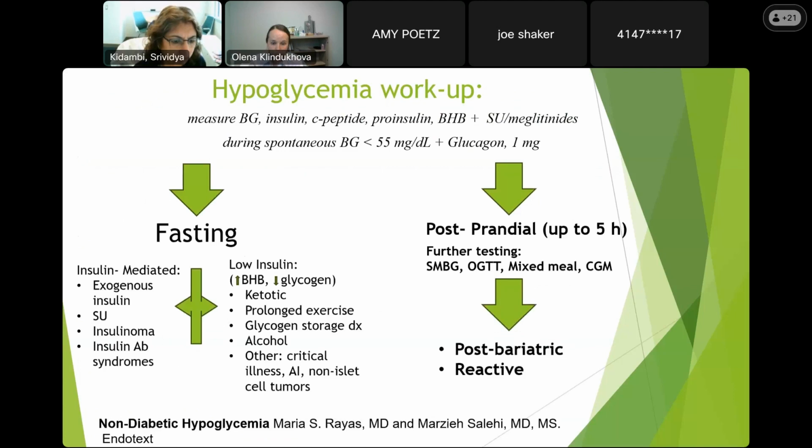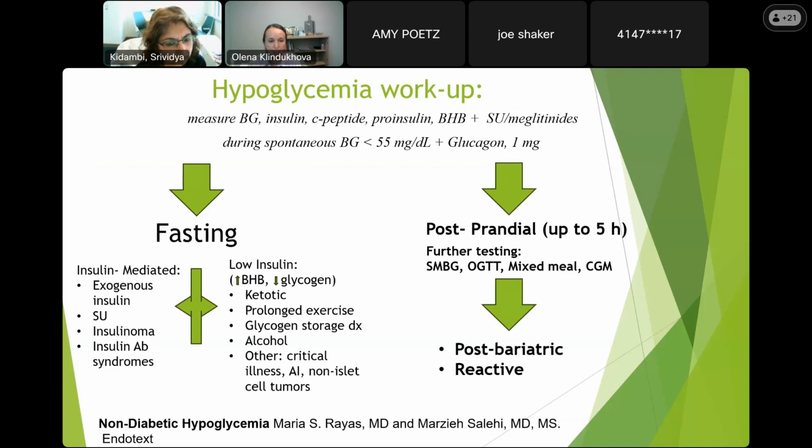All right, very good. We're going to go ahead and move on to the second part of the hypoglycemia table and talk about postprandial hypoglycemia. That's the biggest challenge, but also my biggest passion. I think that's the hypoglycemia that needs more attention and more research and more of everything.